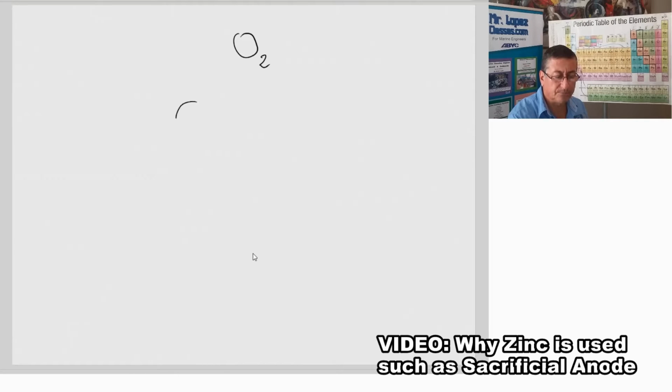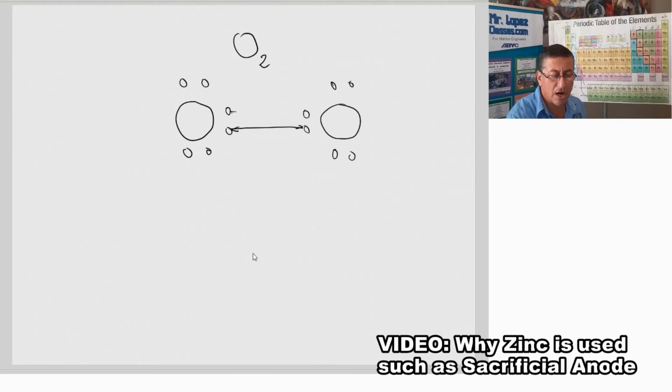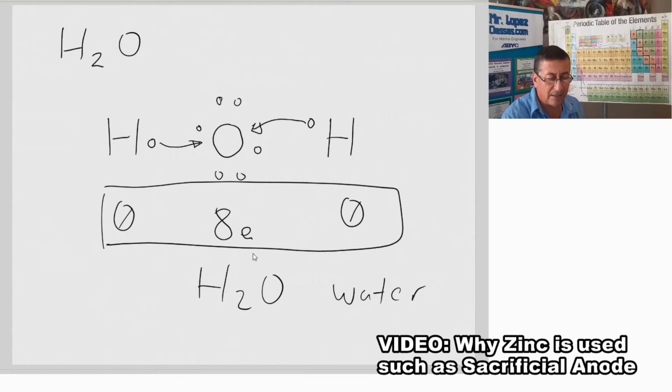I have 2 oxygens, each oxygen with 6 electrons in the last orbit. And I have the other oxygen here with 6 electrons in the last orbit. What is the situation in this case? They share a couple of electrons, and all the time, both of them have 8 electrons. That relation is a covalent reaction. And the previous one, this one, is ionic